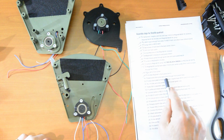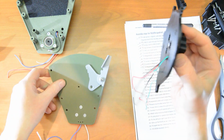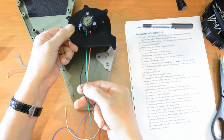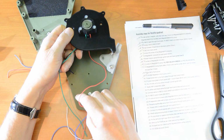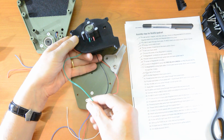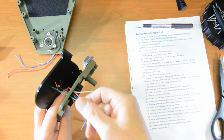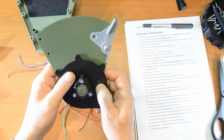Number 14. Thread the wires from the prop backplate through the front panel holes. Okay, now that's the prop backplate, and it's going to sit over the front like that. And then these wires here are going to go through these holes. So keeping the order, not mixing them up, we're going to have the red one pop through here, the black one in the middle, and the green on the left. So just gently feed these through. I can pull all three at the same time now, I think. Yeah. Gently pull that through. Okay,